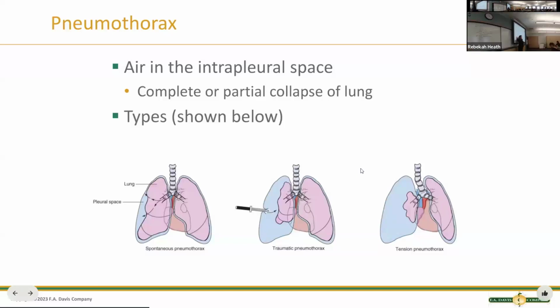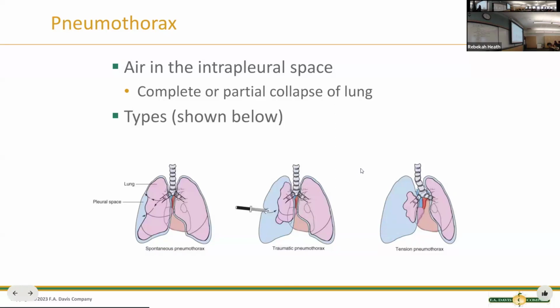There's air leaking in from the outside into that cavity. And so there's air that's here that's come from the outside, whereas in the tension pneumothorax, it's actually coming from the lung itself. There is a spontaneous pneumothorax, which is kind of like the tension pneumothorax. The reason why I like to point out the spontaneous pneumothorax is because the people who have these,